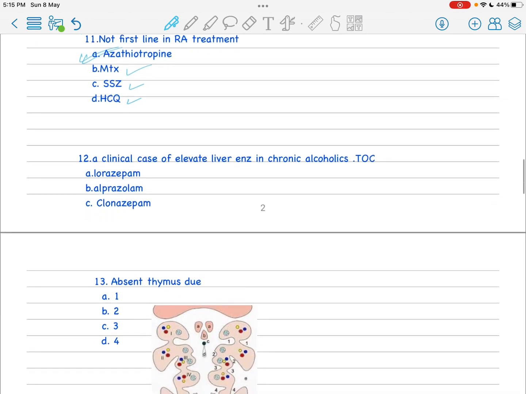Next, a clinical case in which liver enzyme is elevated in a chronic alcoholic, and I can't recall the exact values. There is gamma glutamyl transaminase increased, SGOT increased, and SGPT is also increased. As it is increased in chronic alcoholics, you have to give lorazepam as the treatment